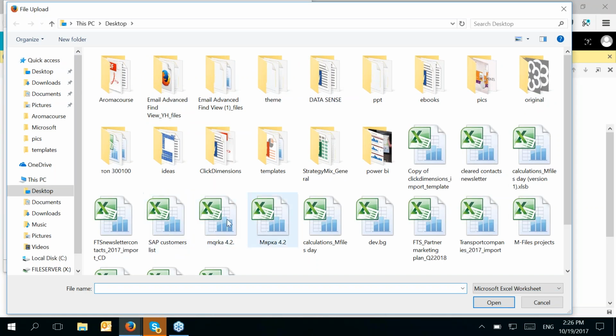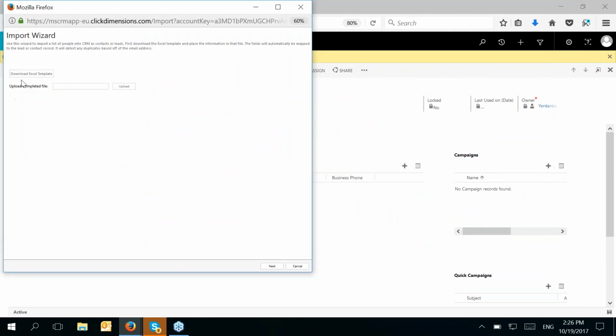For example, you'll see over here sub customers list or newsletter contacts 2017 import ClickDimensions and things like that. But what you have to do is to upload the file over here, then click next,